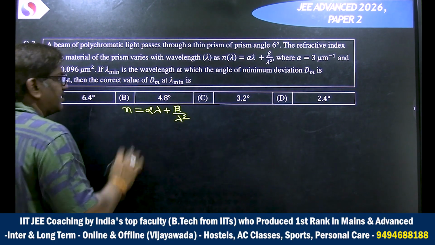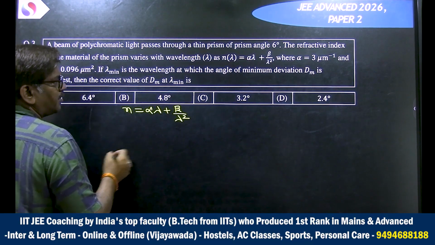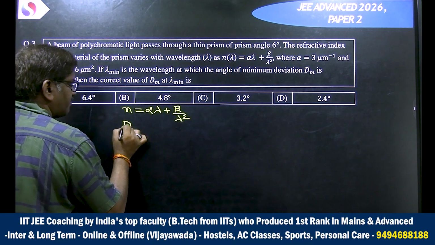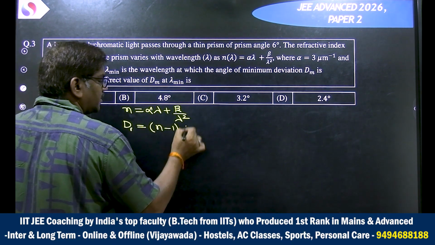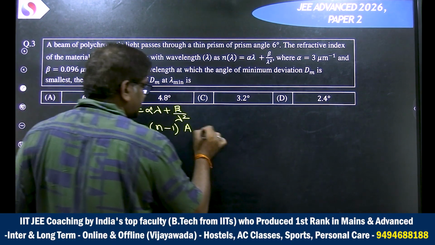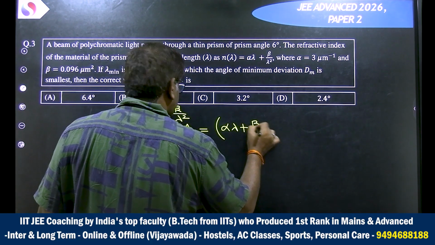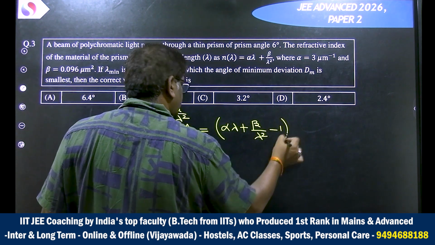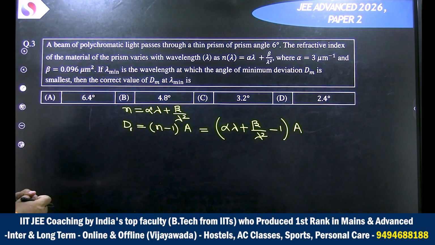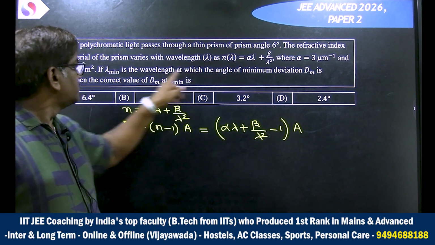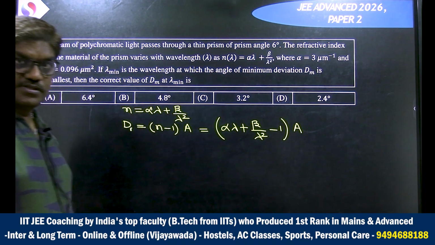Also alpha and beta values are given in micrometers, so I am going to use the same unit. Here they are talking about minimum deviation. If I say what is the deviation, then deviation will be (n minus 1) into A, which means this deviation will be (alpha into lambda plus beta by lambda square minus 1) into A by substituting the value of n. Here they are talking about lambda minimum, the wavelength at which the angle of minimum deviation is